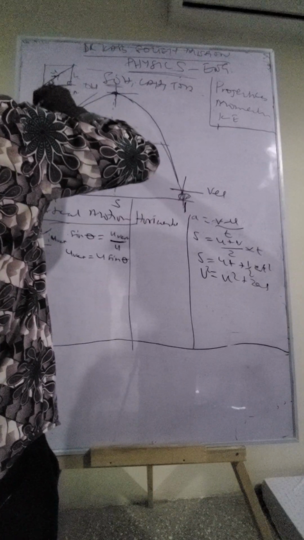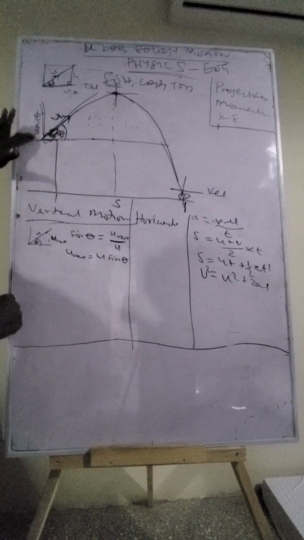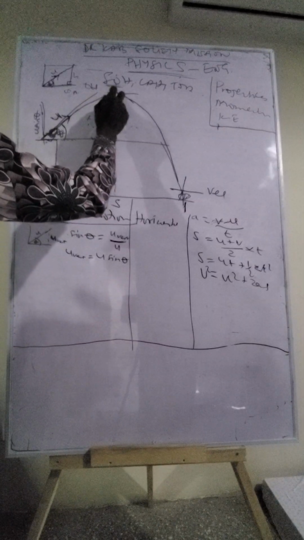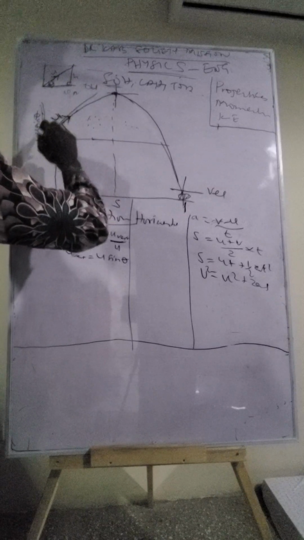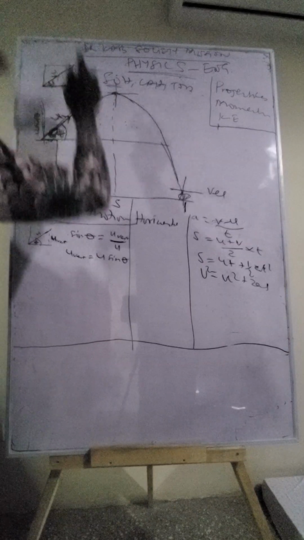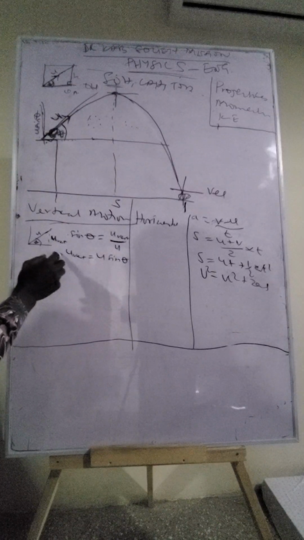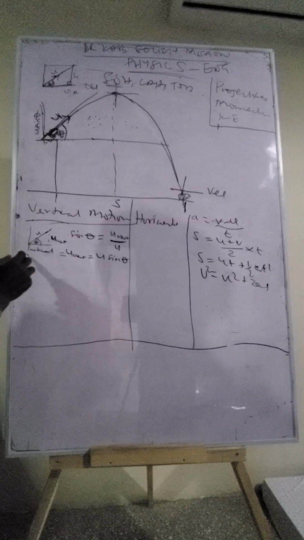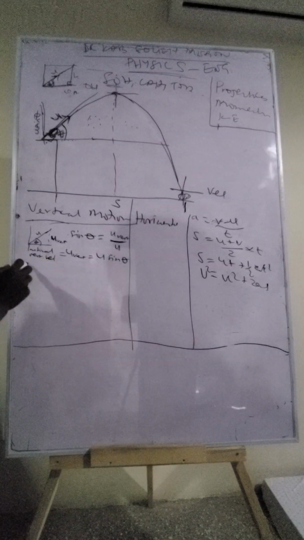U sine theta. Okay? Now that is the initial velocity. Now when the ball keeps on going, by the time it gets here, it stops because it gets to the highest point. At that point, the velocity in the vertical is no more going up. So that velocity, this is the same as the initial vertical velocity. Then the final